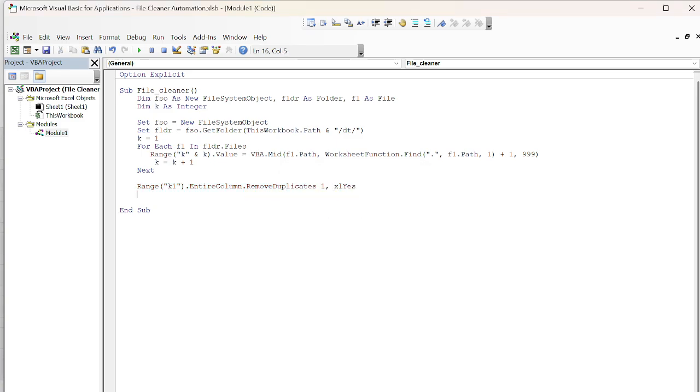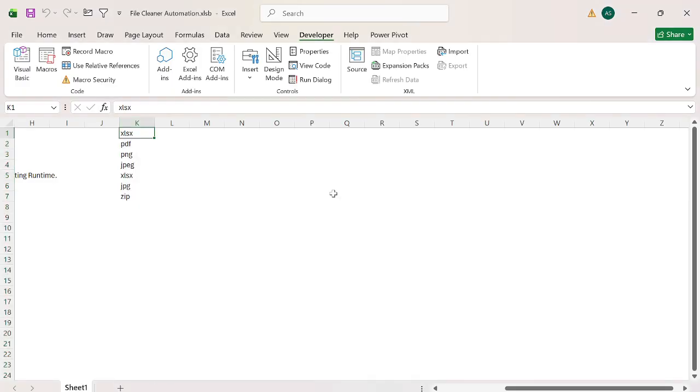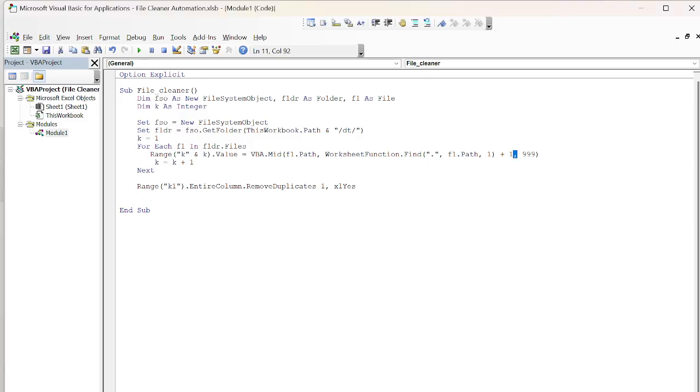That's it. Now when I press F5, I do have my unique values. Okay, now again we have to run the loop in the same folder for each f1